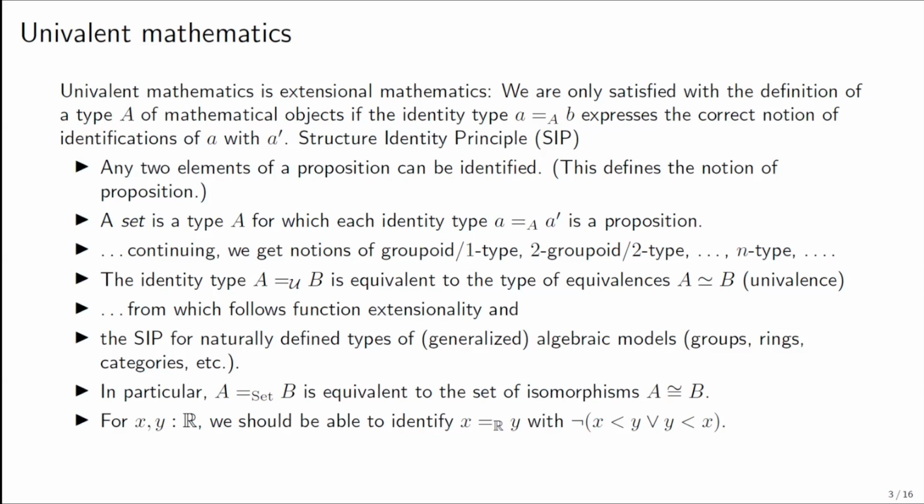In univalent mathematics, it's crucial that the identity type of the universe, so if you have two types, A and B, we want the identity type to express the correct notion of equivalences from A to B. This is not going to be a course on homotopy type theory, so I'm not going to define all of these notions, but